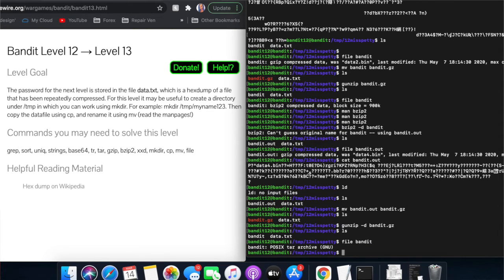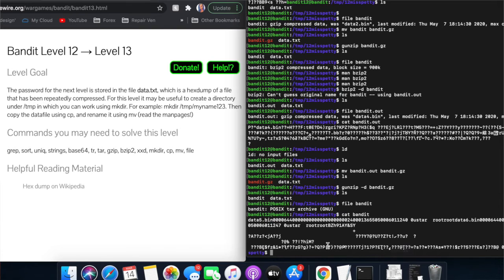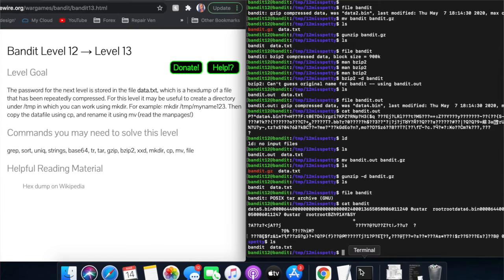Okay. So we know it changed. Alright, so now the title of it is data5.bin, and it's a tar file. What's in the directory? It was Bandit and this is a tar file. So now we want to